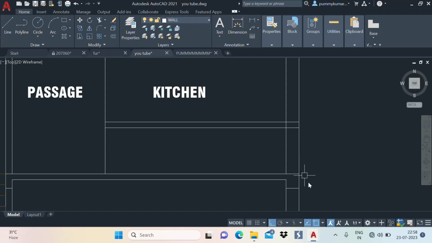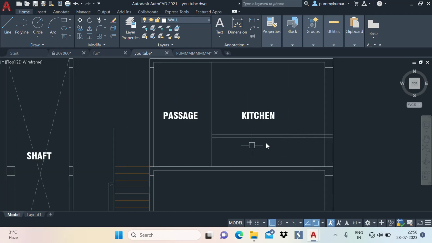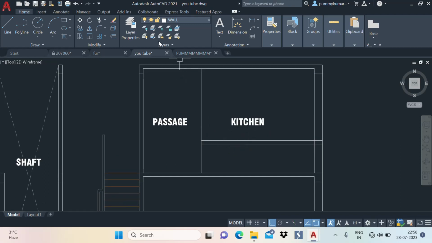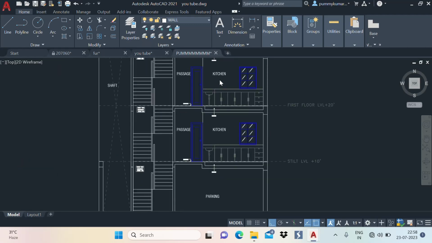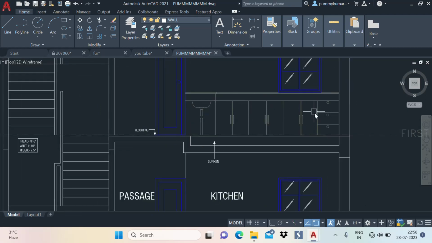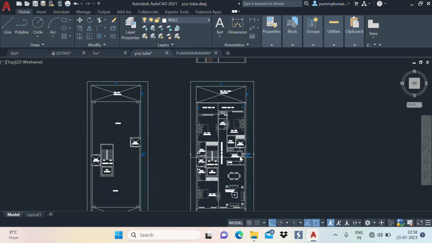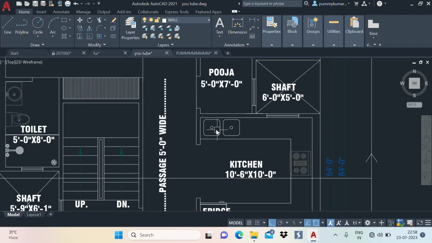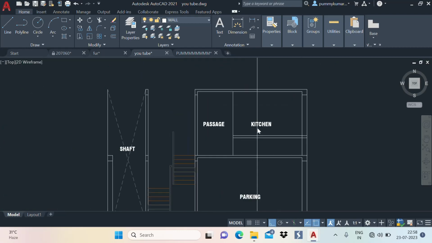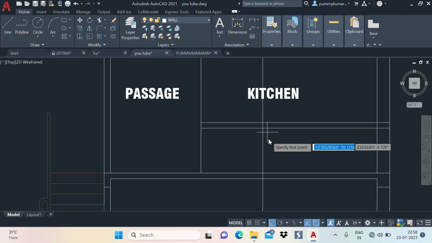After making the slab, we have to just make these drawers like this. For drawers we have to firstly see which part is cut. You can see we have to show this wash basin and the drawer portion, and this window is also showing in our section. So for this I'm just taking a horizontal line to trace this portion. This is our wash basin